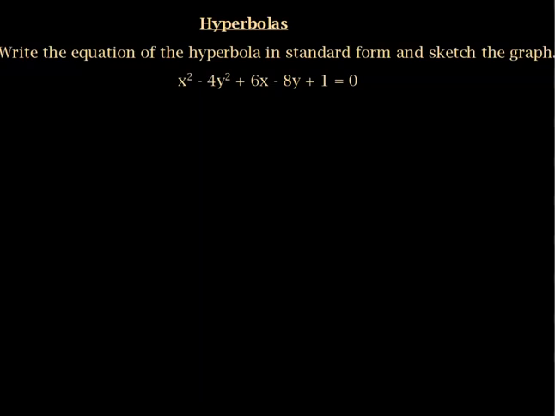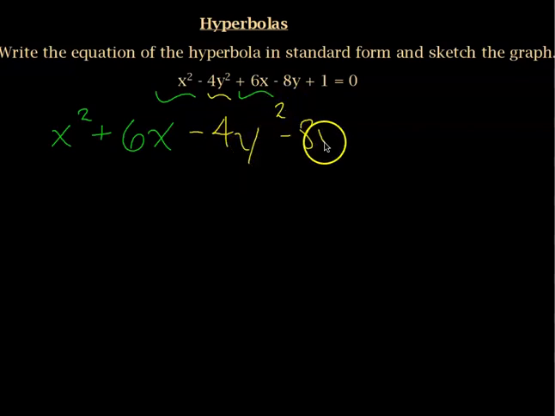Hi guys, so today we're going to go over writing a hyperbola in standard form when it's given in general form. As you can see, the given equation is in general form, and our first step, because we are going to complete the square, is to just put together the like variables. So we have x squared and we have 6x. And then for the y values, we have minus 4y squared